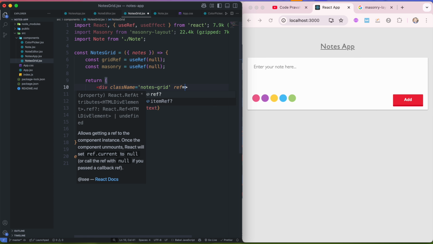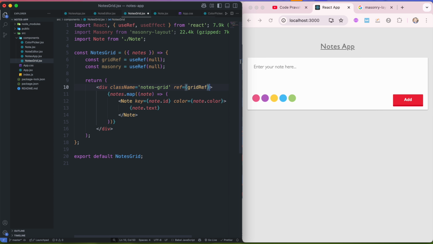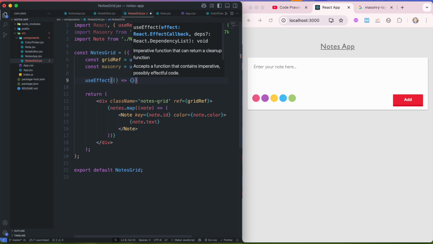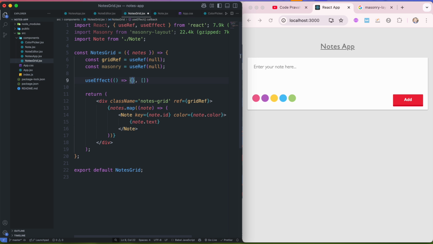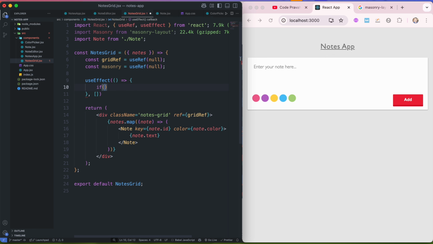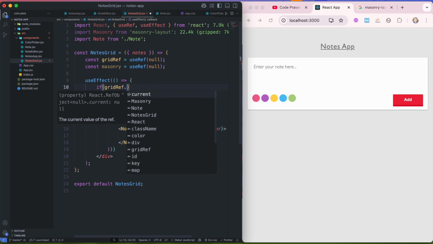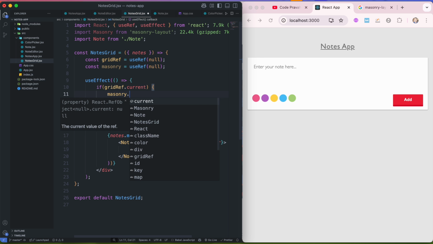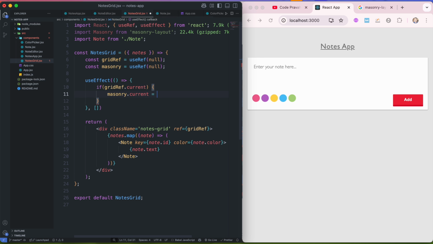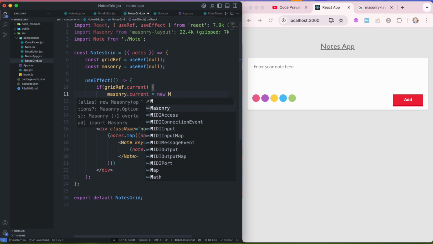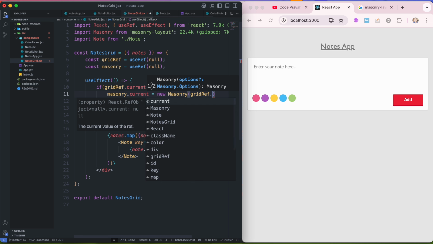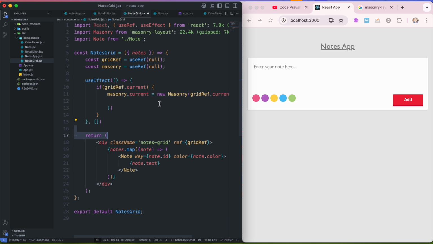because this is the div where I want to apply the grid. So I'll say ref equals gridRef, and then I'm going to use an effect here, and this will be just on the mounting. So let's keep it as an empty array dependency, and I'll say whenever my gridRef is ready, it means it will have some value. So I'll say masonry.current, which is again another ref. I'll create new Masonry, and it takes the gridRef.current property, which refers to the current grid, and